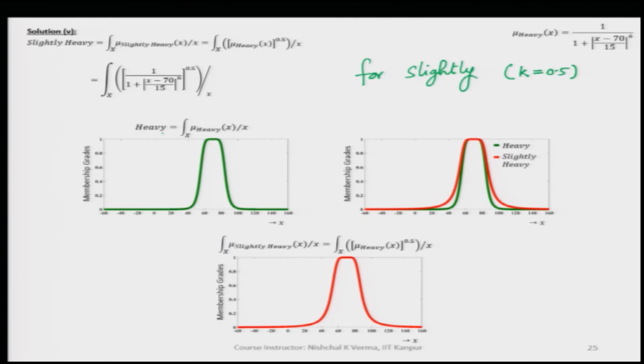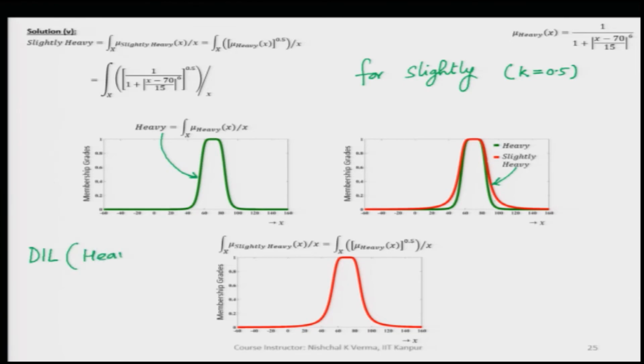So, we have here the fuzzy set for heavy, and this red color fuzzy set is for the slightly heavy here. How did we get this slightly heavy? Just by dilating the heavy fuzzy set.